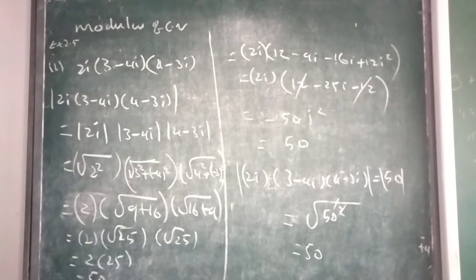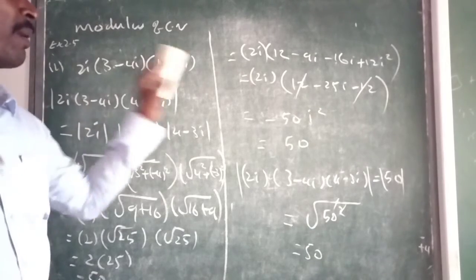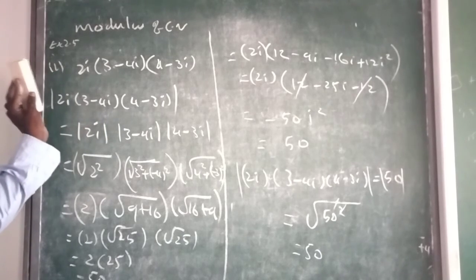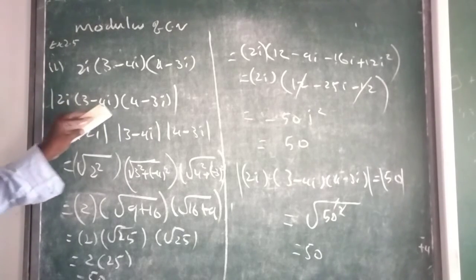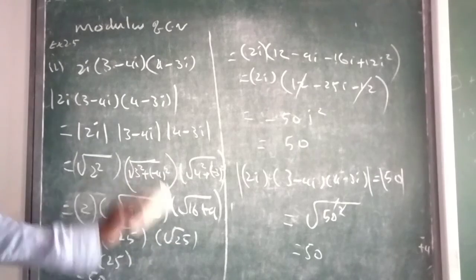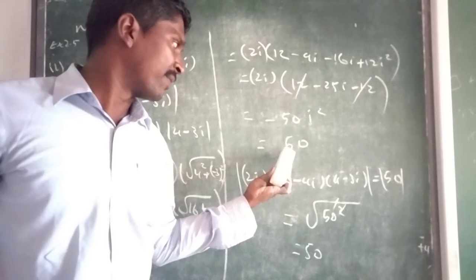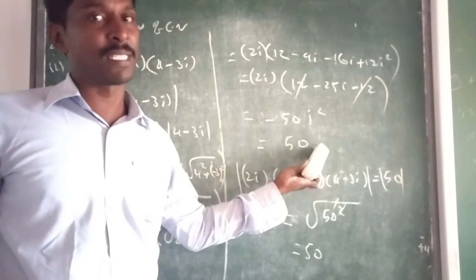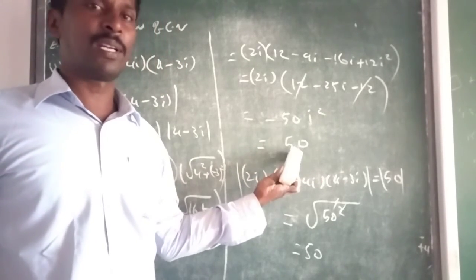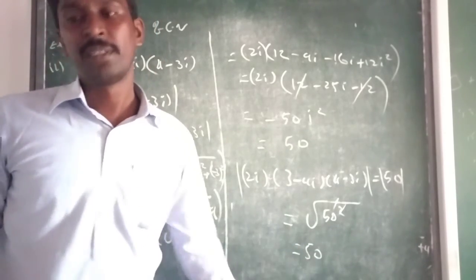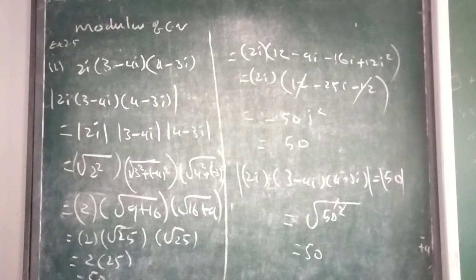So multiplying first and then taking the modulus is fine. Otherwise, you can take the individual moduli and multiply, and it is the same. So when multiplying two or more complex numbers, we can apply the modulus to every individual term. Or at last you multiply and bring the entire complex number into rectangular form, and we have only the real value, no imaginary value. So directly take the modulus: real value square, square root and square cancel, and 50 will come. We can follow any one method: bring it to rectangular form or directly apply the modulus.